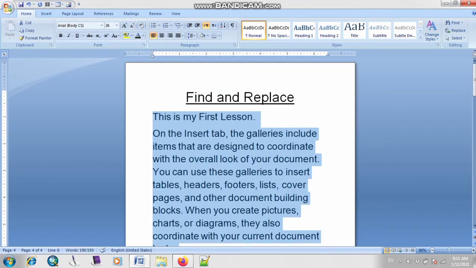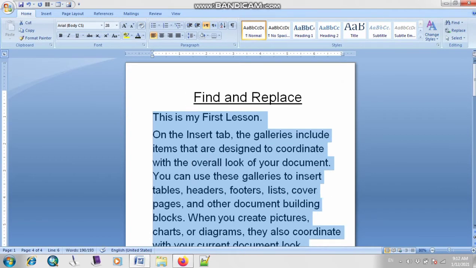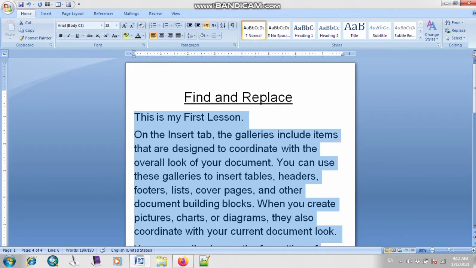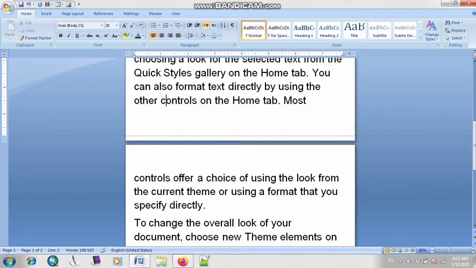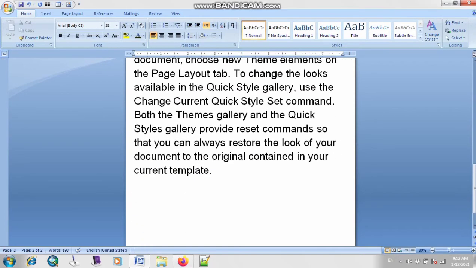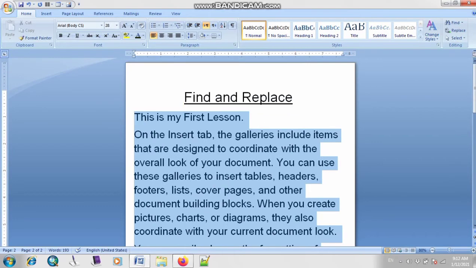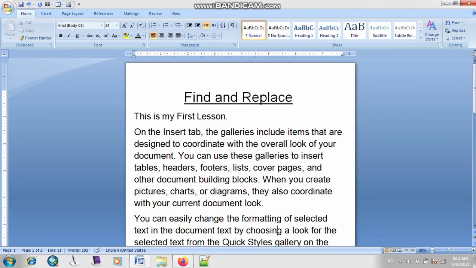Okay, I have changed the font size. Now this is appearing in almost 2 pages. As you can see, you can also increase the font size or change it. I'm going to change it to 24. Okay, so now this is the paragraph.